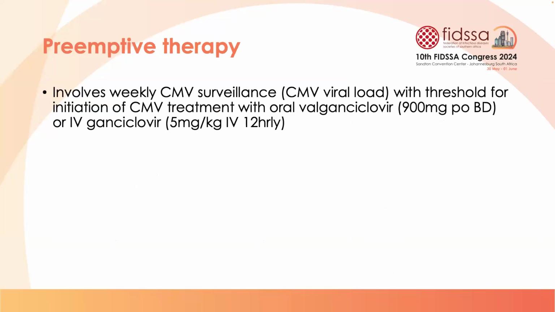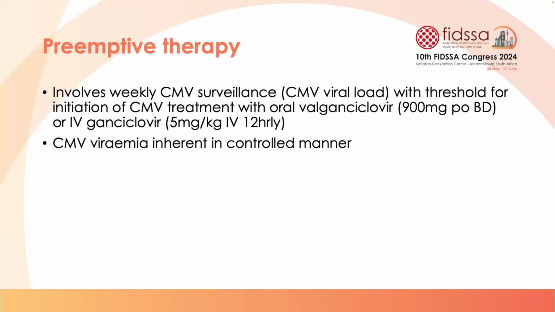Preemptive therapy is basically watching a patient, doing surveillance for CMV by doing, say, a CMV viral load with a predefined threshold for initiation of CMV treatment. So you monitor them weekly, normally for a certain period of time, say about 3 months before you would stop, although that period is variable. And then if the viral load blips up past a predefined threshold, say 1,000, and different protocols will use different thresholds, you then start CMV treatment. You treat, and thereafter you stop and